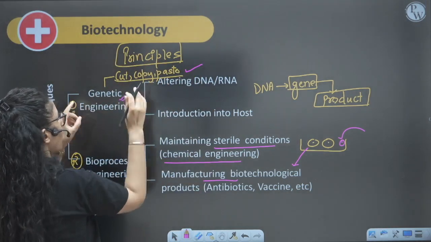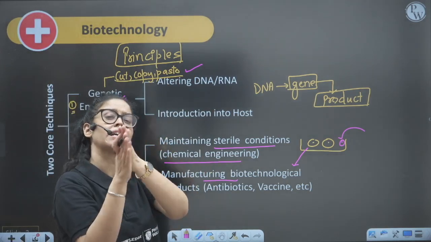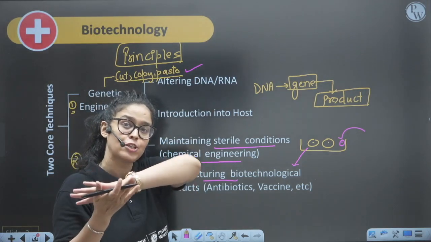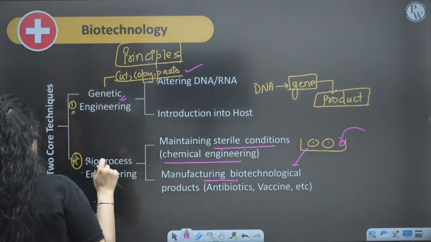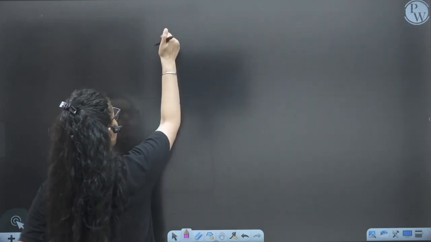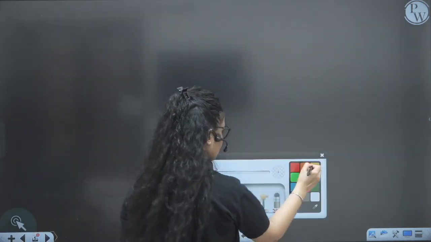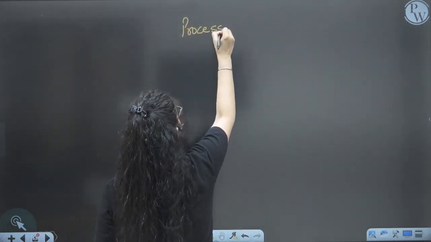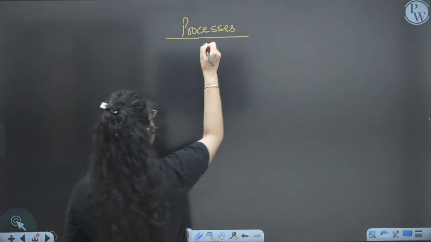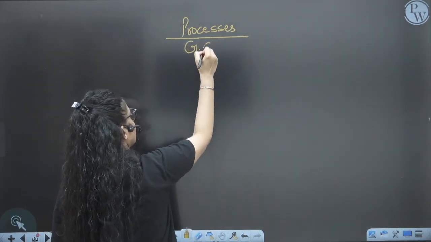Let's understand what genetic engineering is, what cut, copy, paste is. I'm just telling you the gist of the whole chapter, and then I'll start with the processes, right? In the processes part, I'm going to talk about cut, copy, paste. When we talk about the processes of genetic engineering, listen to me carefully. When we're talking about the processes of genetic engineering, right? So in that,